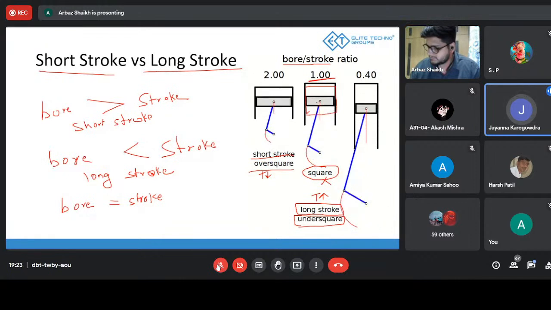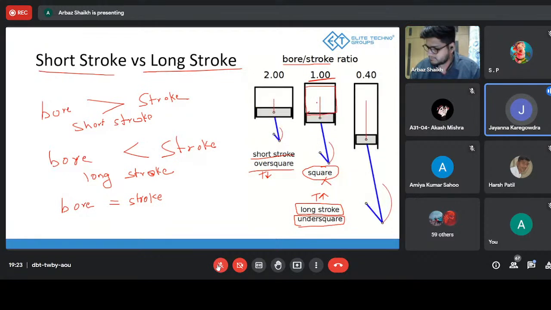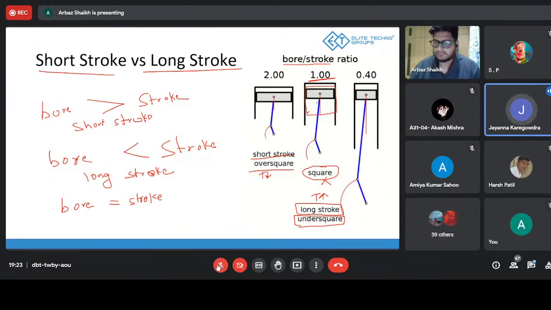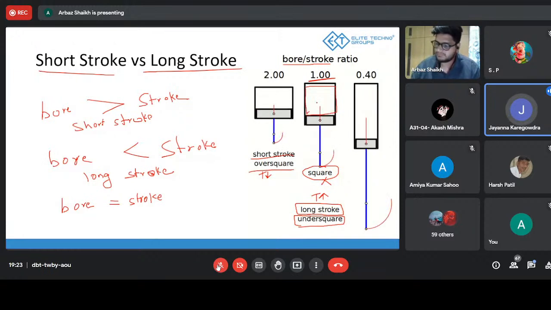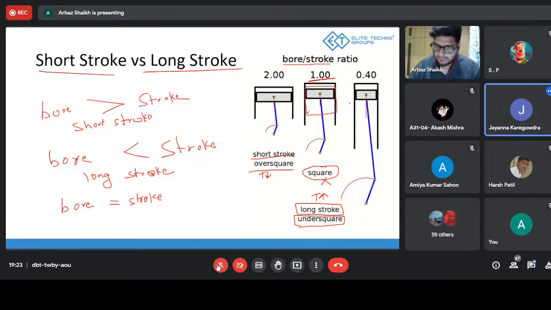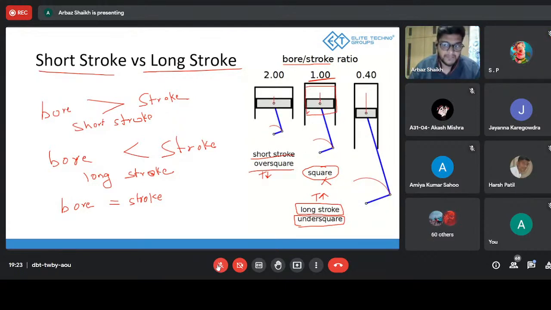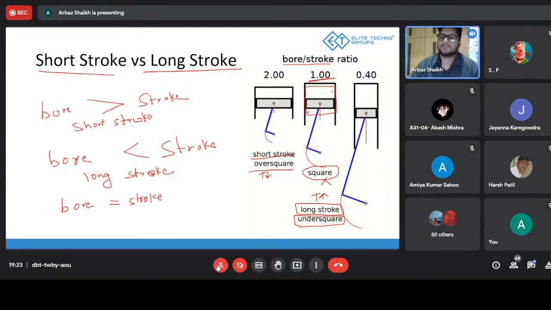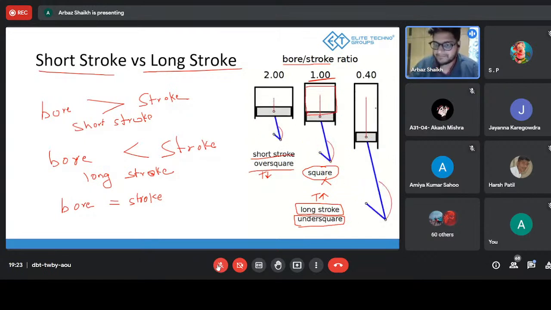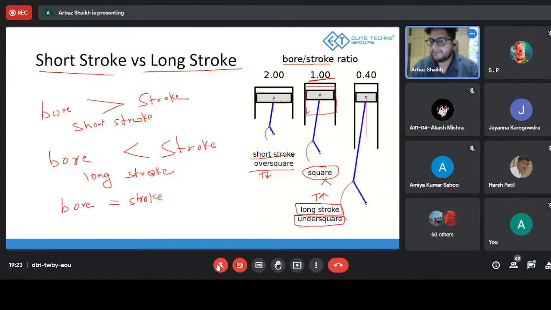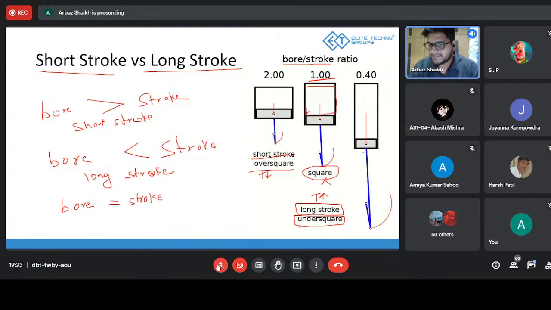Because it travels only a smaller portion, the pressure acting on the piston will be more in short stroke. Okay. Speed is also more, sir. Speed is more. That's the main reason. So if you see these three examples, during the time this piston reaches the downstroke,